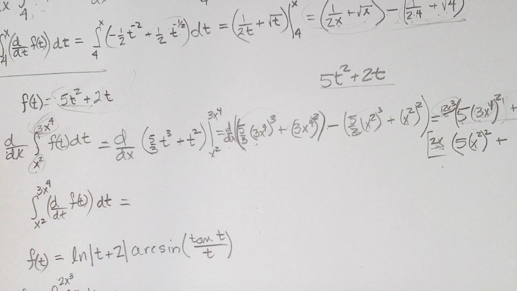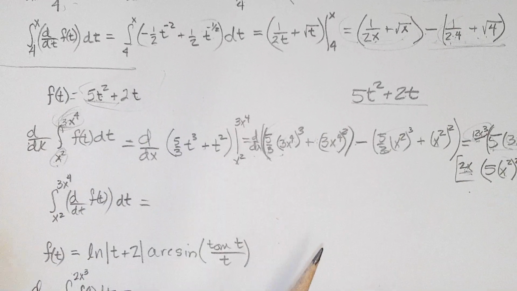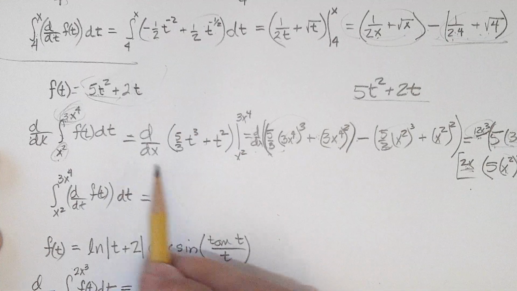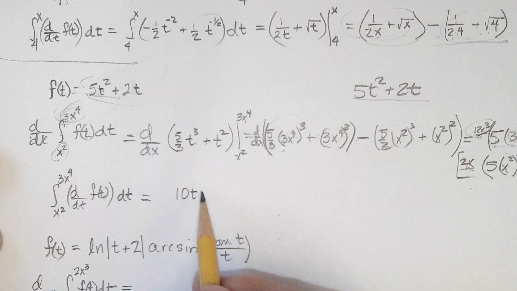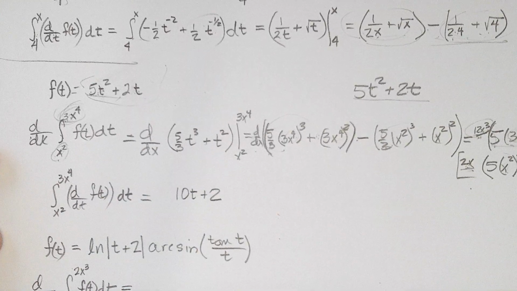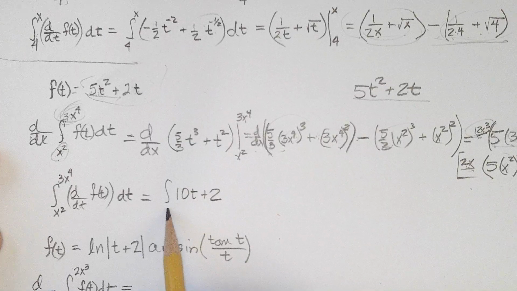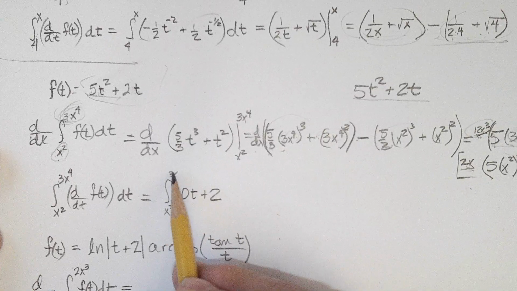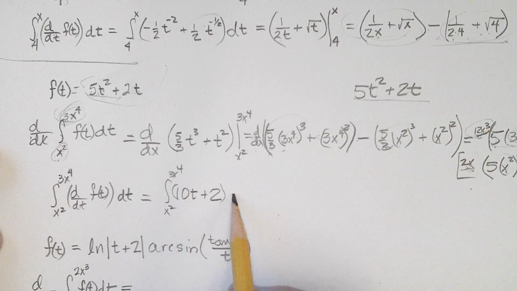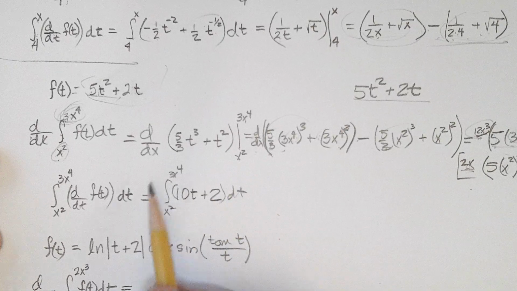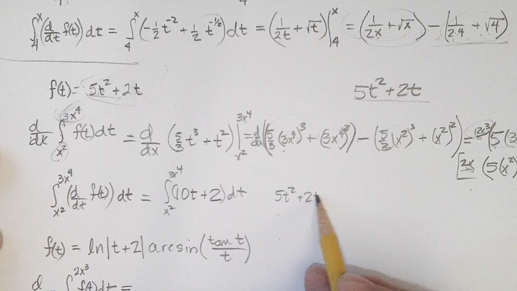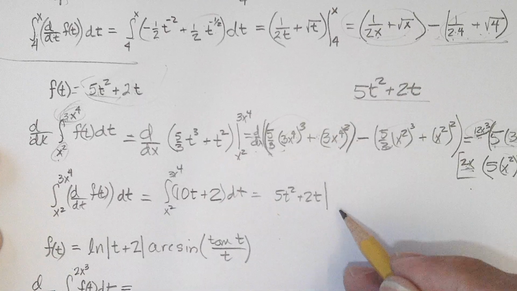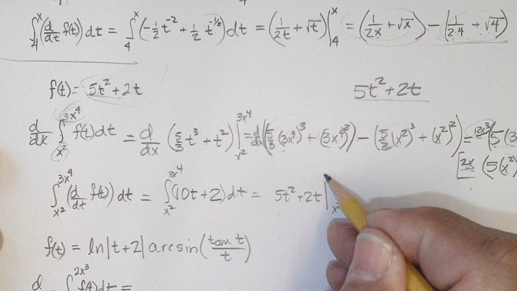What happens if I put the derivative first? Well, that means I need to take the derivative of this, which would be 10t plus 2. And then I've got to integrate that from x squared to 3x to the fourth. Well, if I integrate that, it goes right back to 5t squared plus 2t evaluated from x squared to 3x